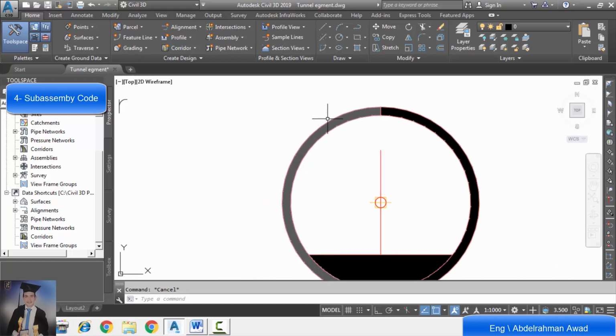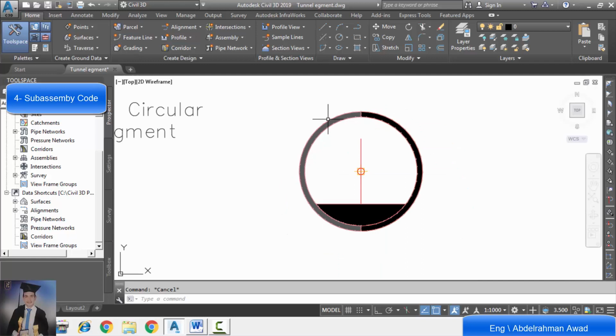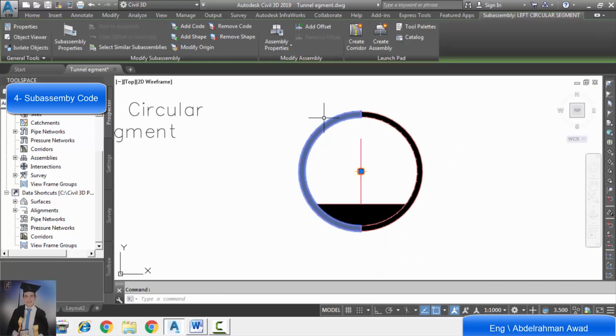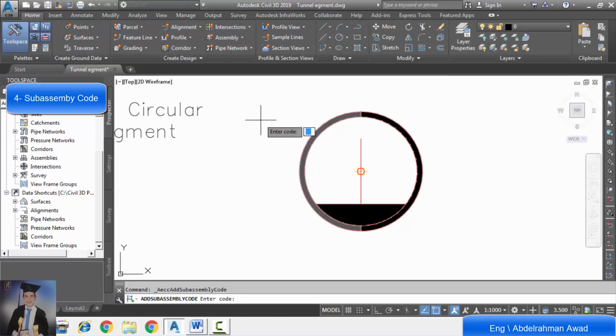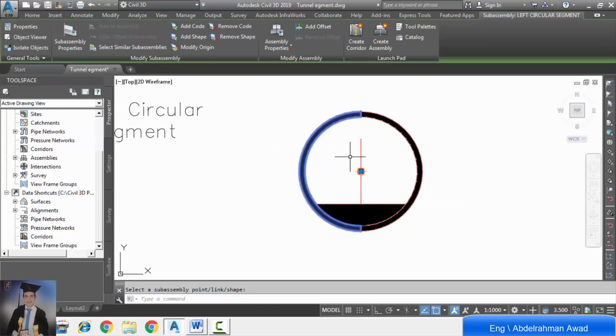Finally, we will do the same for the left half. We click on it, add code, we enter the code. The code is left circular segment, so we'll type it LCS, and we will click on its shape.